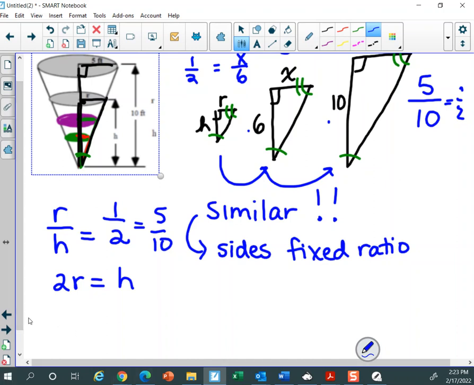Now, here's why that makes us super happy. I now have a relationship between these two variables. Either I can say 2R equals H, or R equals H over 2. I can replace one with the other. I could take H's out and replace them with two R's. I can take R's out and replace them with H over 2. These are two different substitutions I can make